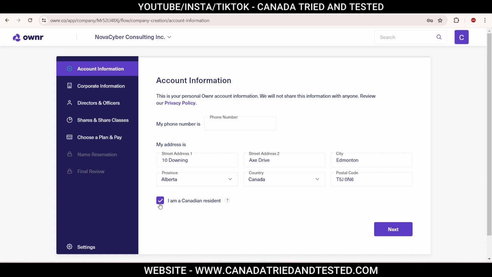And then you have to check I am a Canadian resident. What is a Canadian resident? It includes citizens and permanent residents who ordinarily reside in Canada. So you have to meet this criteria. Once you select this and click next,